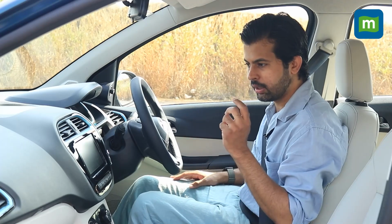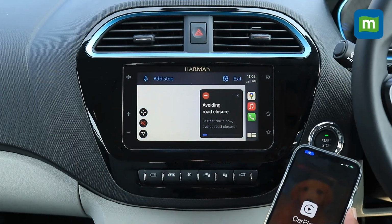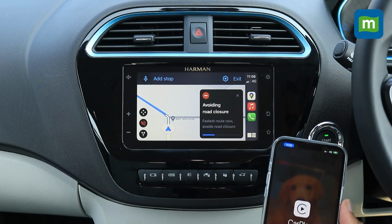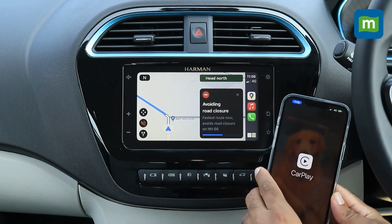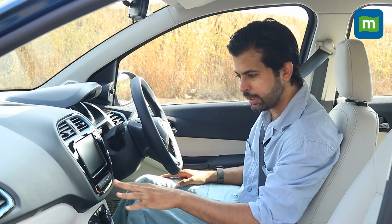Even connecting Bluetooth is instantaneous. It's much quicker than what I've seen in some really premium vehicles. As soon as you pair it, it just automatically is connected, and you don't have to fiddle around too much. So to those of us who are familiar with the Nexon EV Max, you'll find certain elements that